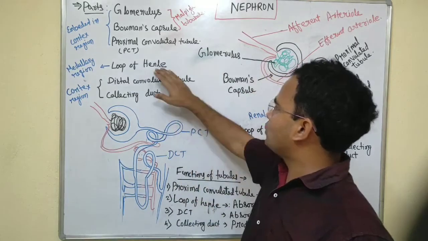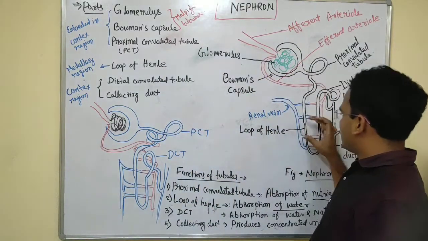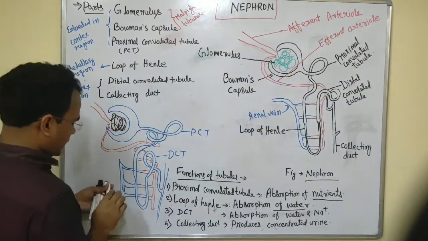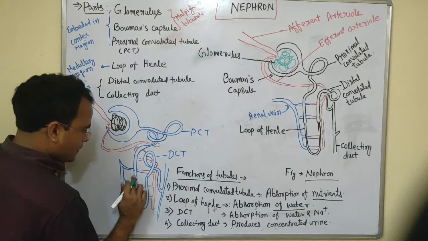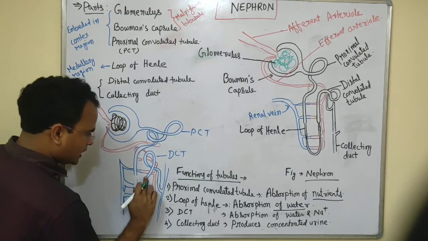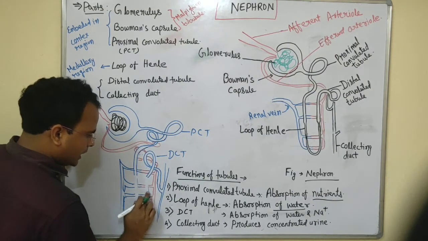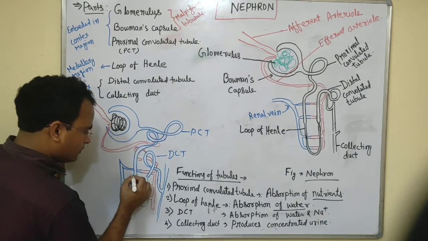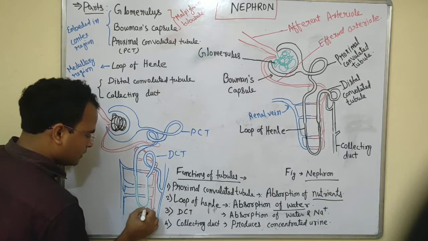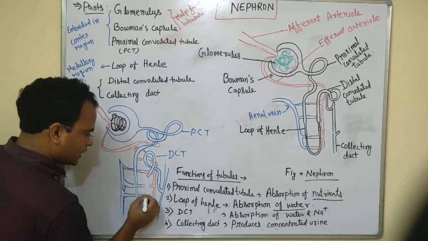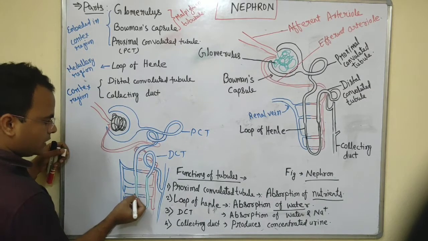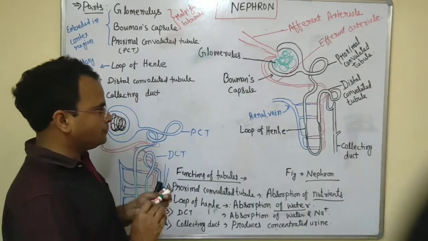Next tubular part is the loop of Henle. Here again a constricted region is there. I can change the color for you so you can understand easily. And in the exam you can draw these colorful diagrams with colored pencils, but you will not use colored pens, right? So now it is clear. This green colored portion is the loop of Henle.